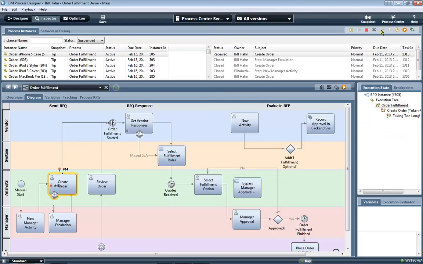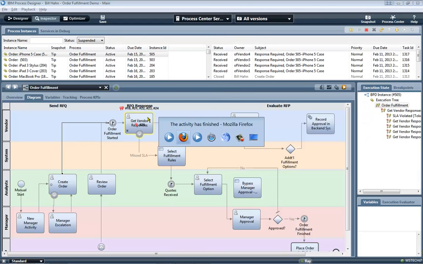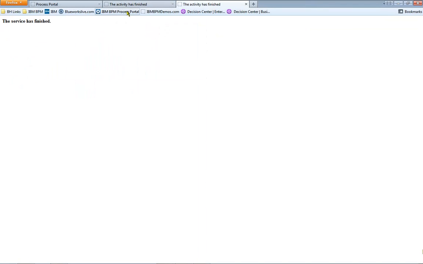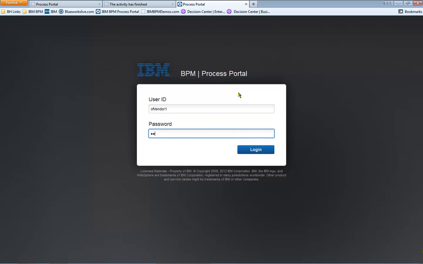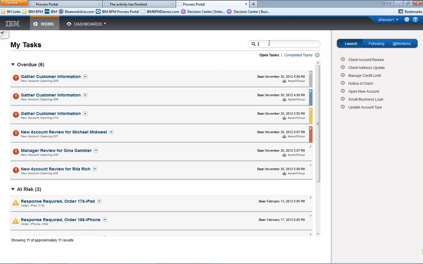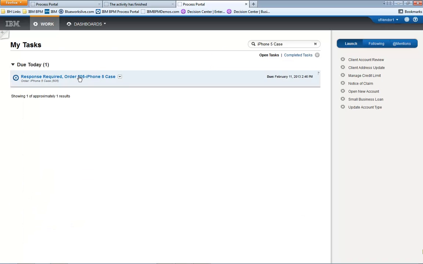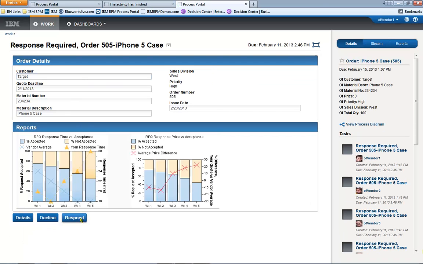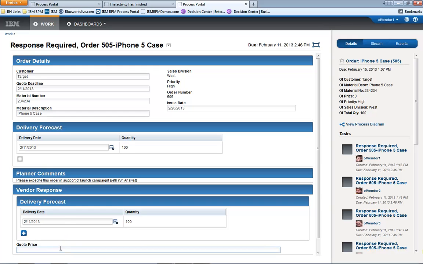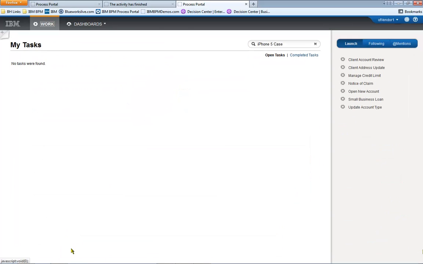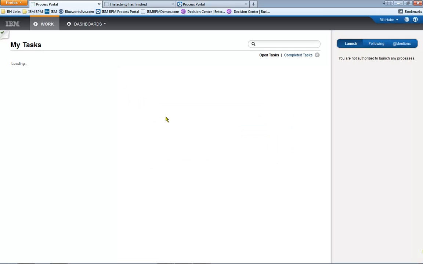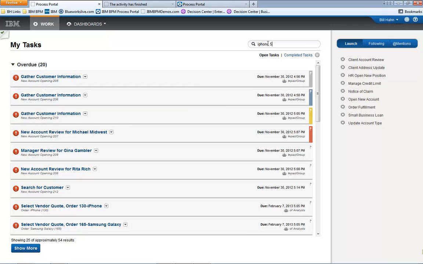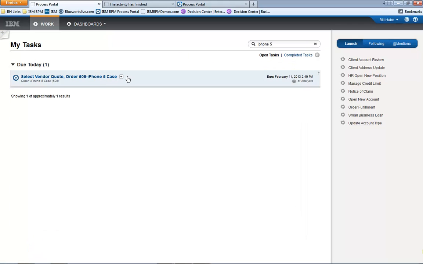And what should happen is that we've progressed further on down in the process. So talk about a truly dynamic experience. Imagine using this with business and IT process stakeholders to really engage in the experience of building out the right solution with the right kind of dynamics. So now when the vendor goes ahead and claims this activity and works on it, if we go ahead and look at the one final point in the process portal, with all that work and those changes that we've made